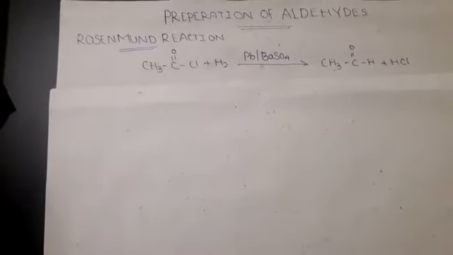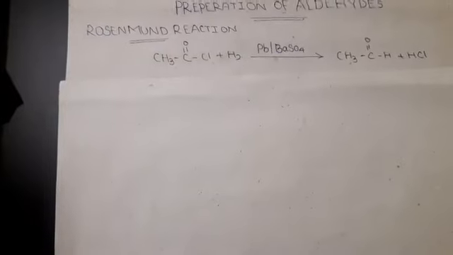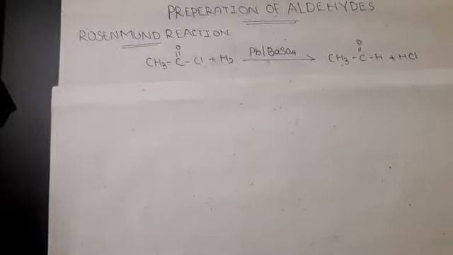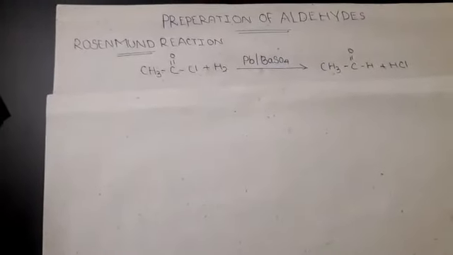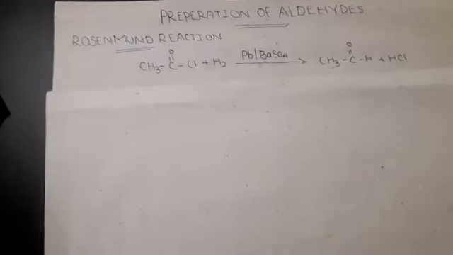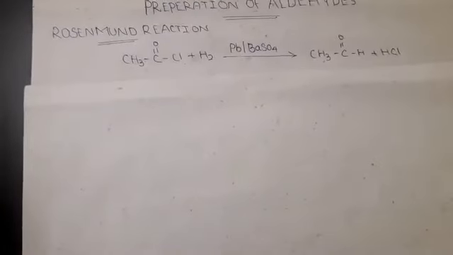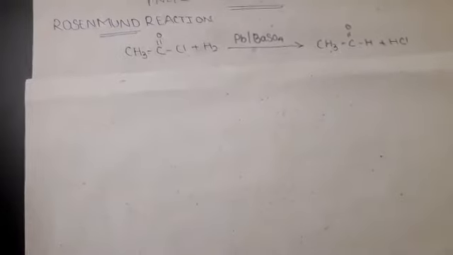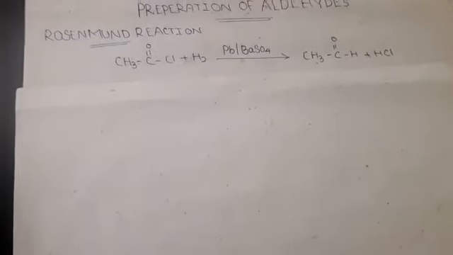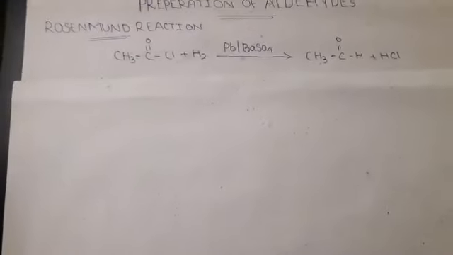Here the catalyst plays an important role. The barium sulfate acts as a catalytic poison to the palladium catalyst, so that the aldehyde cannot be reduced into alcohol, because in this reaction hydrogenation takes place. That means the catalyst speeds up the reaction up to the aldehyde, then further it does not react. If we don't control this, it will reduce into alcohols. So in order to prevent that reaction, the BaSO4 acts as a catalytic poison. So this is the Rosenmund reaction.